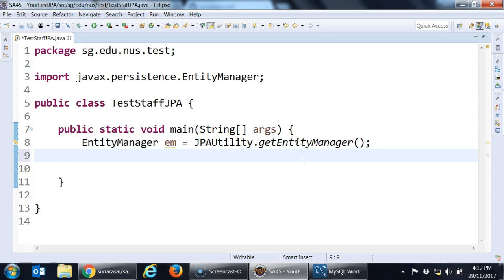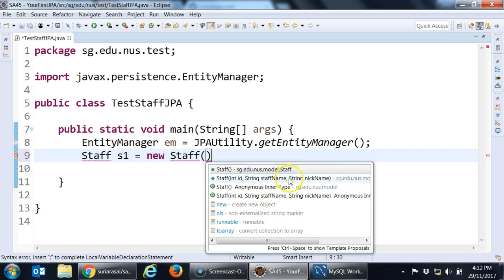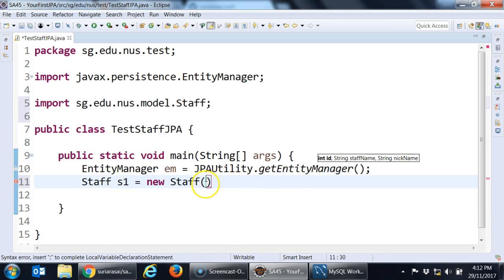Then what is it that you want to try? You want to try creating a staff to see whether it goes in. So you can say staff S1 is equal to new staff. The constructor should take 3 arguments. That's fine. 1, Surya,